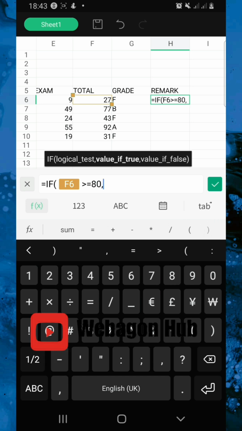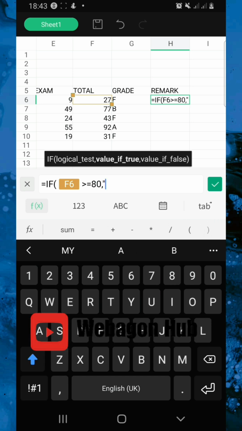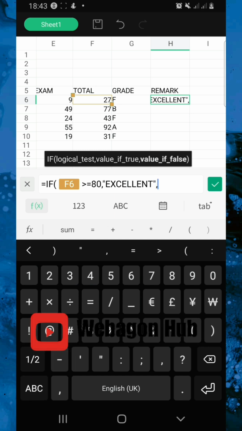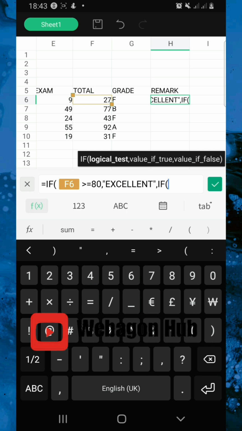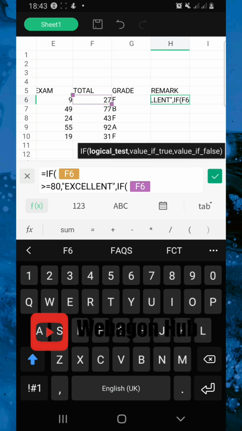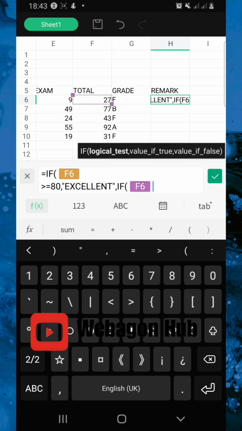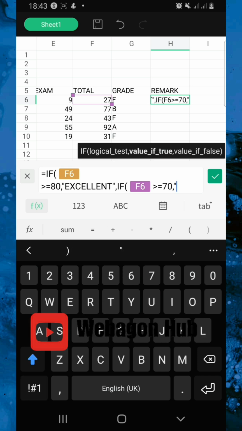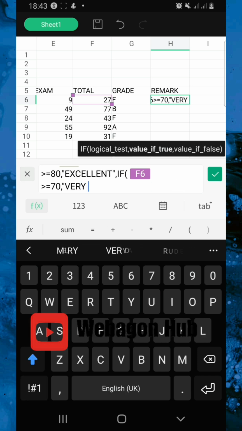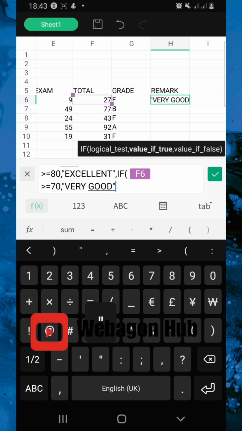80. So from 80 and above, comma, quotation mark, excellent. So from 80 and above is excellent. You can decide to use anything you like. Then a quotation mark close, comma, if, bracket open, total greater than or equals to 70, comma, quotation mark, Very good. Quotation mark close, comma, if,